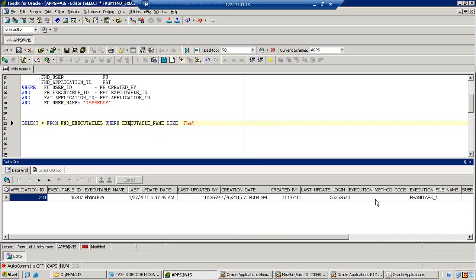So here the executable method is shown as I. Okay, I means PL/SQL stored procedure. This is the way we are going to find out all codes and implement them